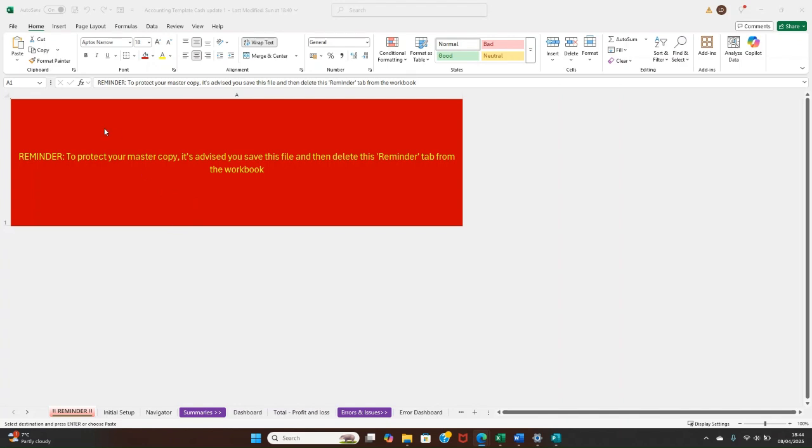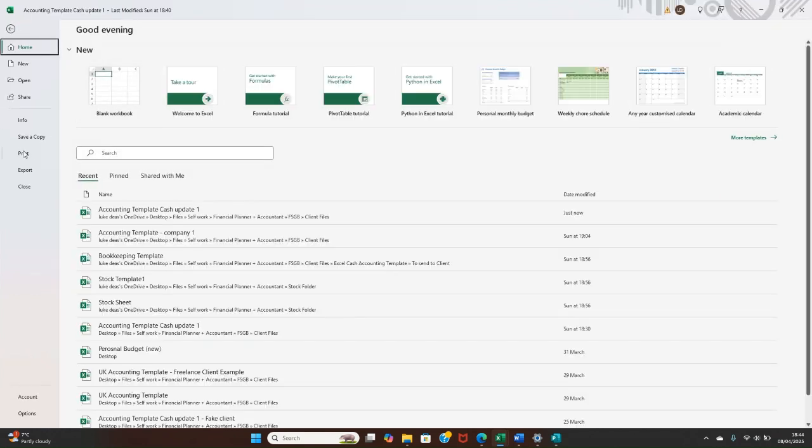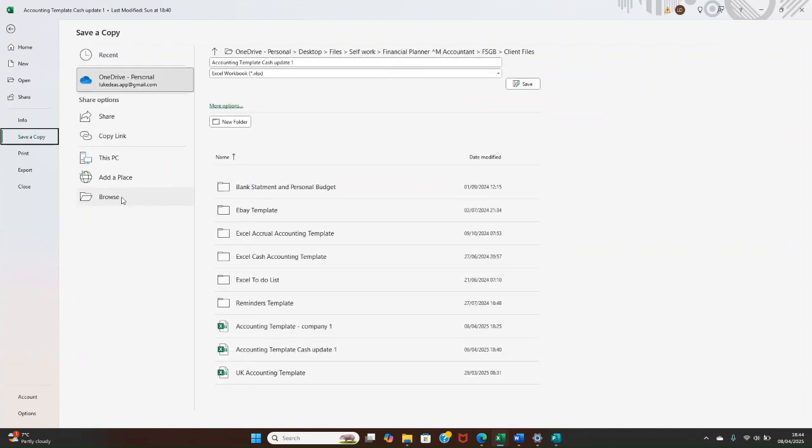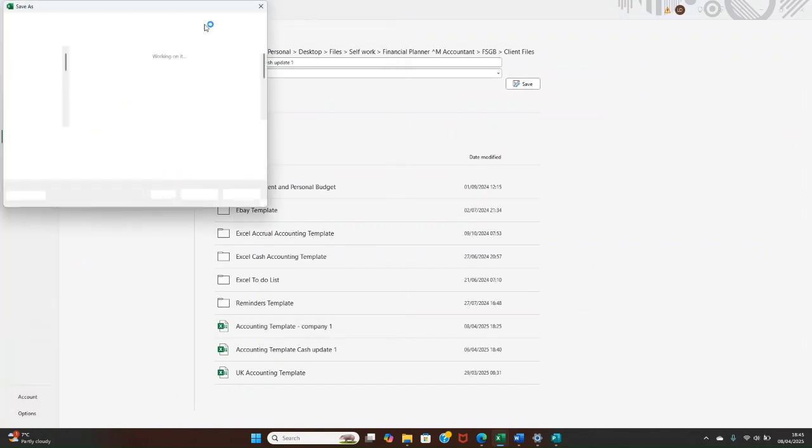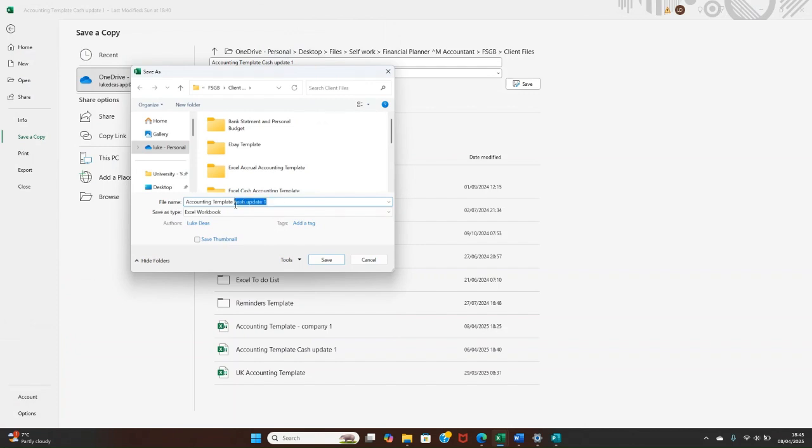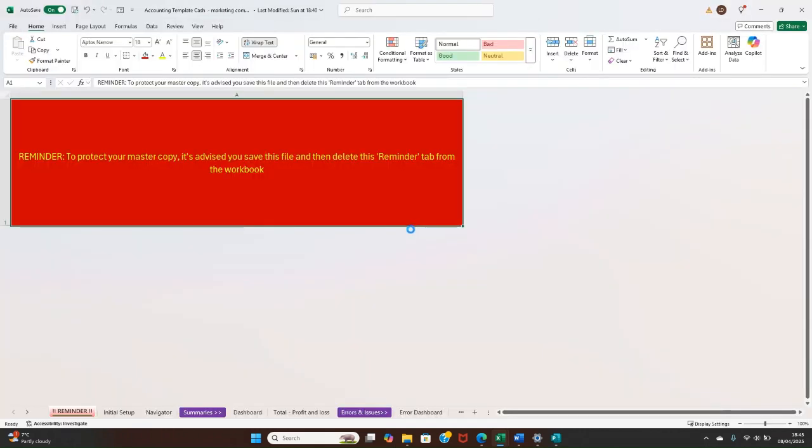So this reminder tab just gives you the hint to go straight to file, save a copy, browse, and just call it as you wish. I'm just going to call mine marketing company. Once that has all saved,